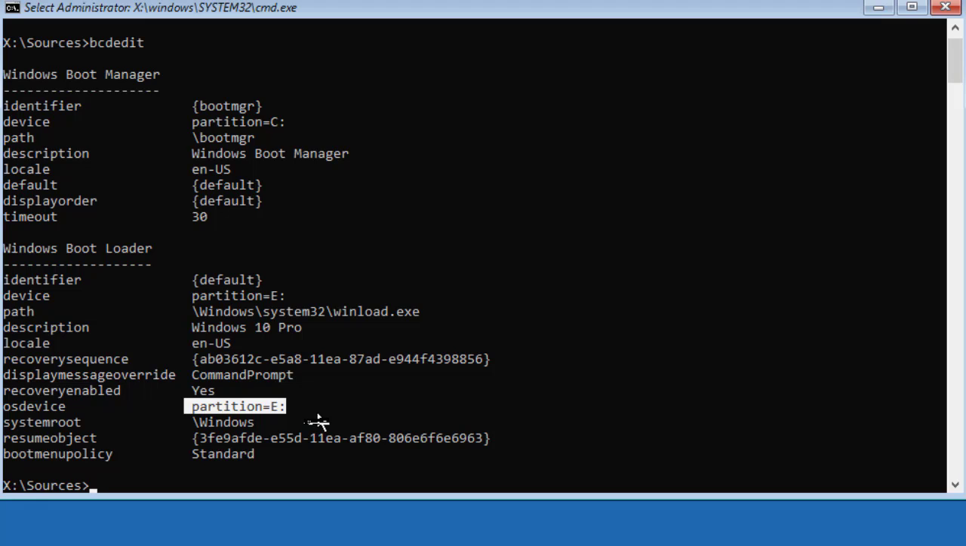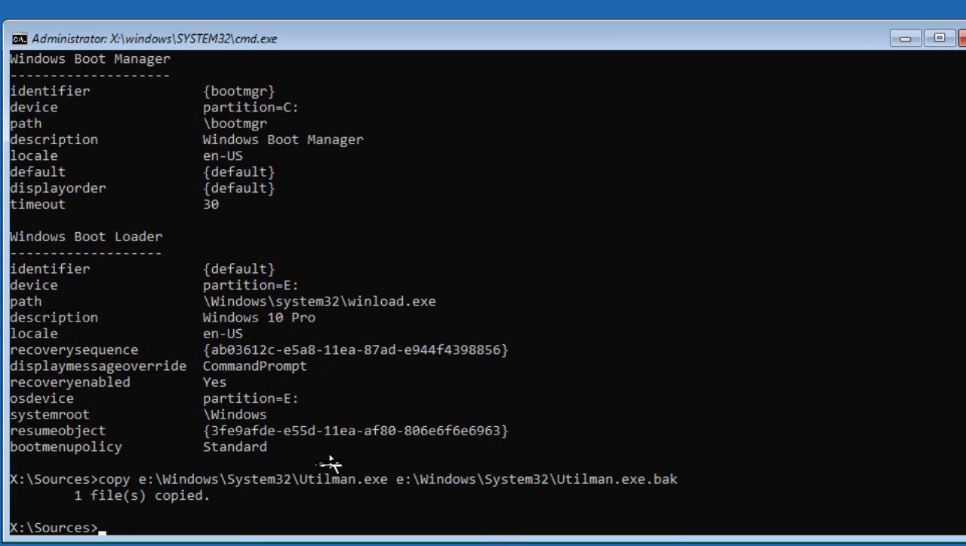So now that I know where my Windows folder is located, I type the following command. Copy E:\Windows\System32\utilman.exe E:\Windows\System32\utilman.exe.back. This command will make a backup of the Utility Manager program because I'm going to replace it with the